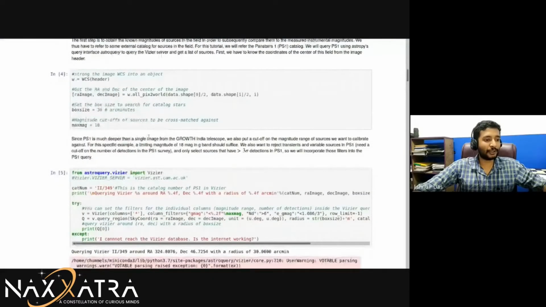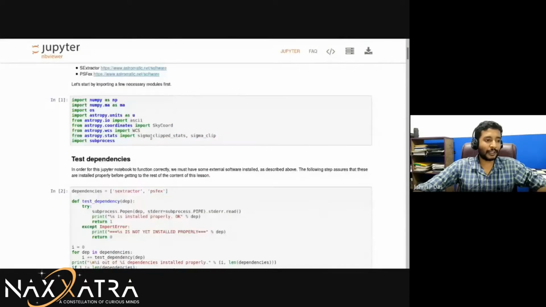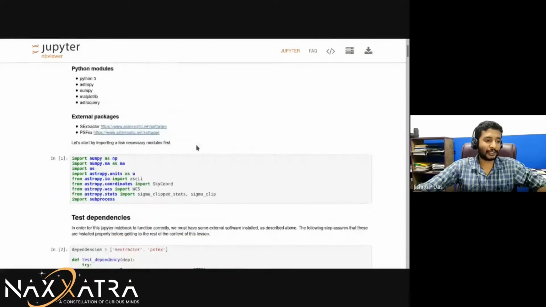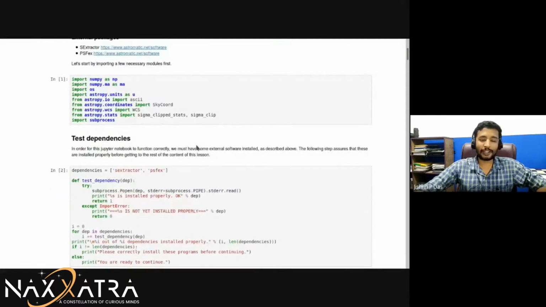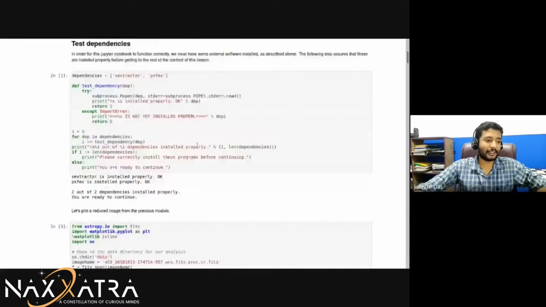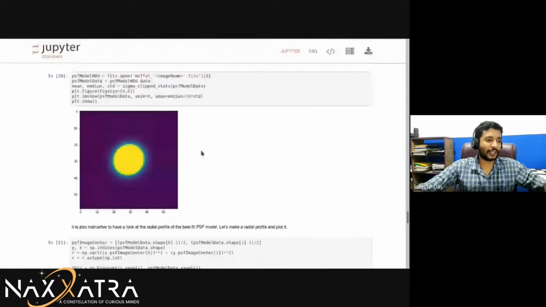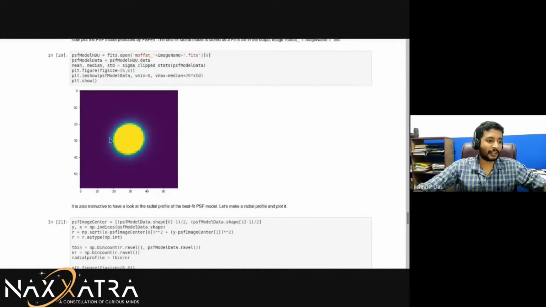So this is actually a bit of code from the GROWTH project. GROWTH is a consortium and they have released this particular notebook. I went to the school and it's a great resource. I'll link it in the presentation. Okay. Now essentially our star looks like this, right?